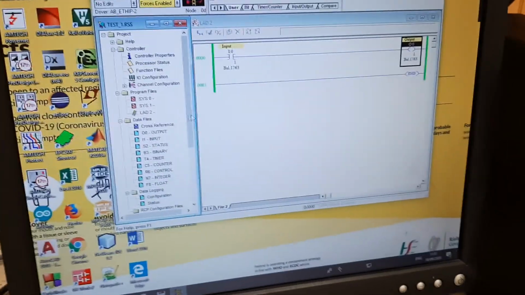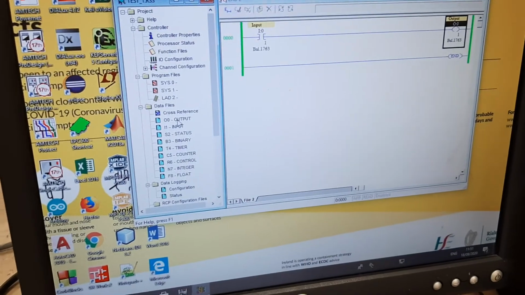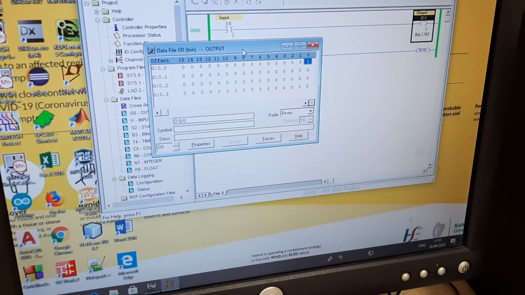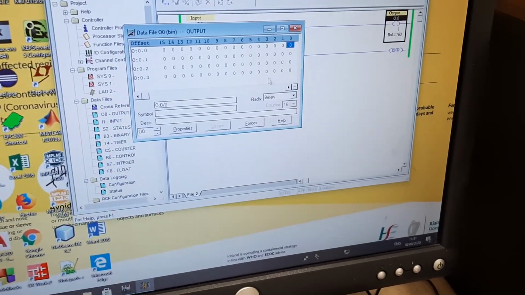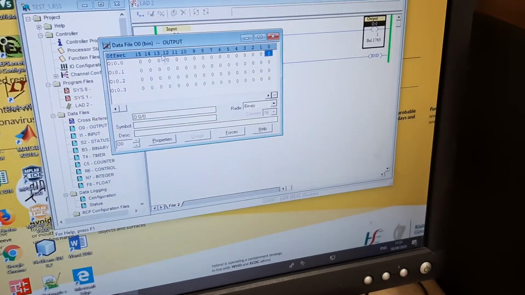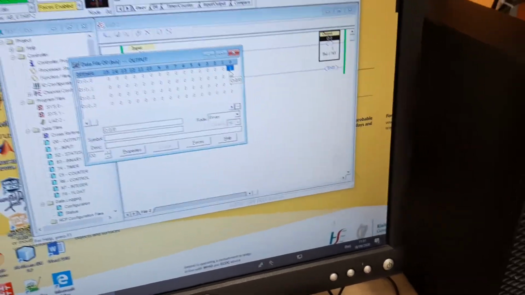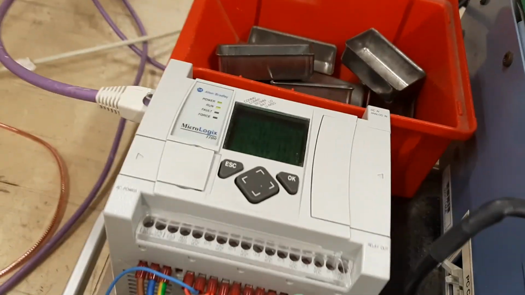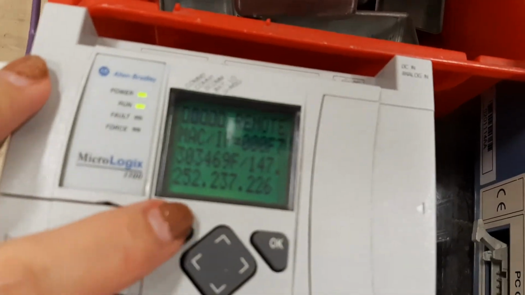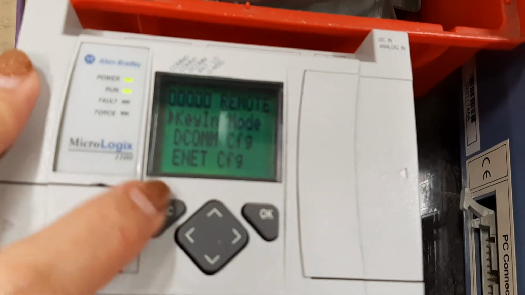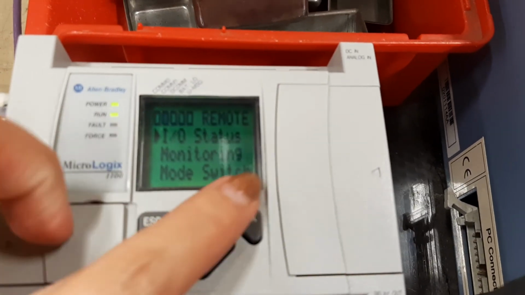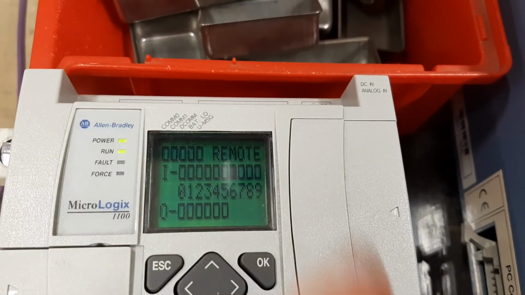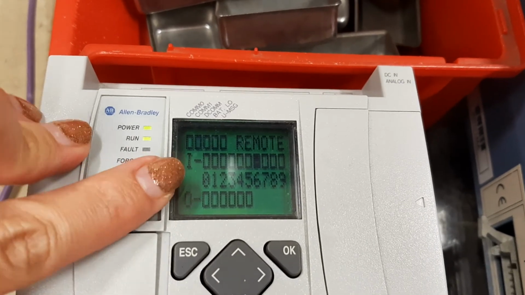Now when you click on the output here, this window opens and then you see all the bits here. So from the PLC screen, if we go back to the I/O status, you have these numbers here. Okay,